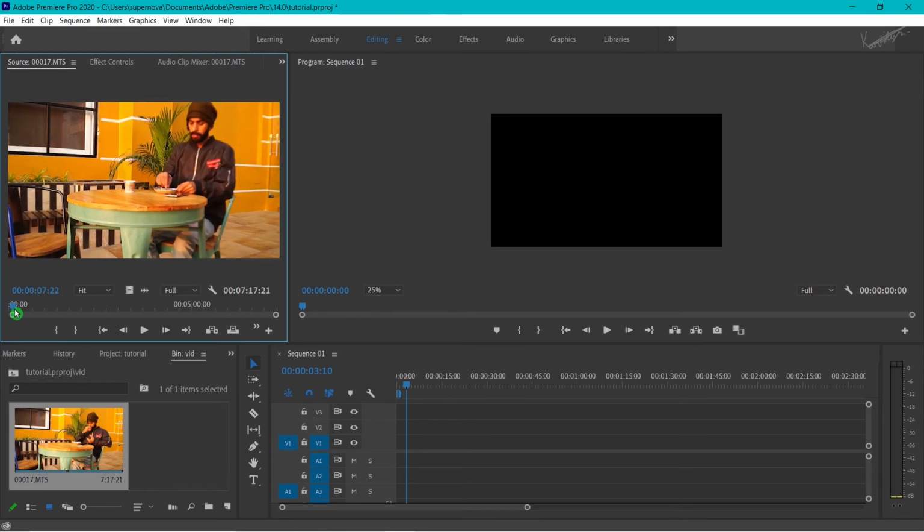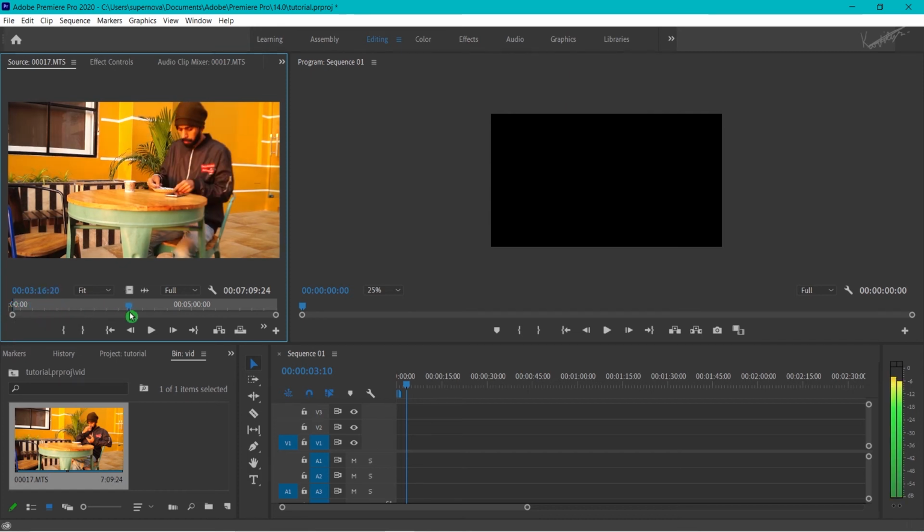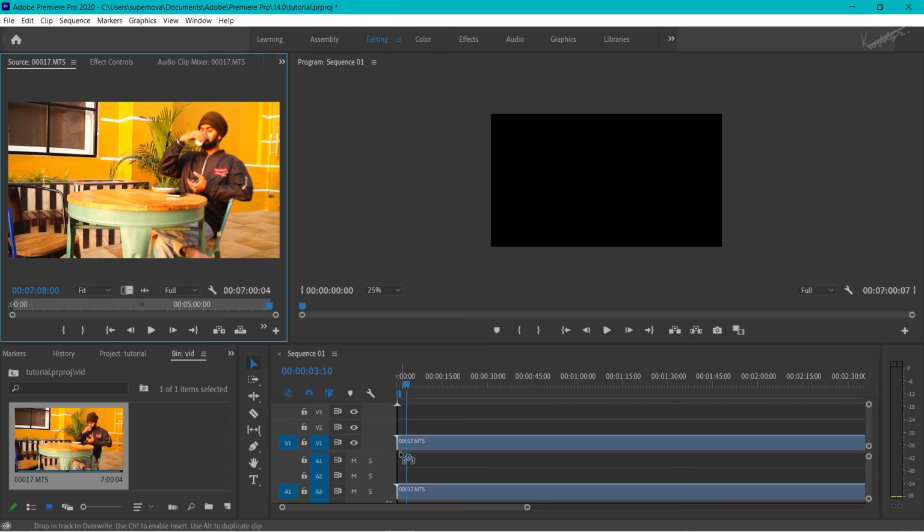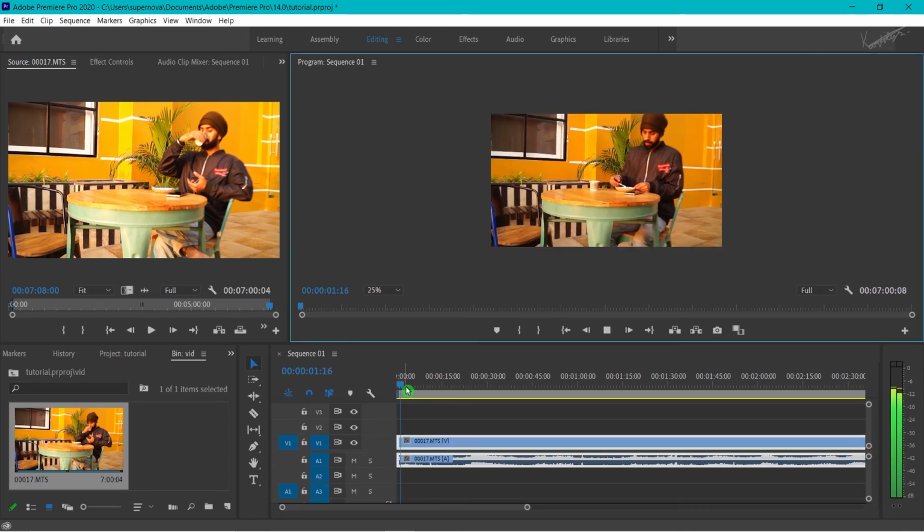Scrub the playhead to check the start frame for the clip. Click the Mark In button to set the in point for the clip. After setting the in point, scrub the playhead to decide the end frame for the clip and click the Out Point button. After setting the in and out point in the source window, drag the clip from the source window to the timeline. Only those frames will be inserted in the timeline which are in between the in and out point.